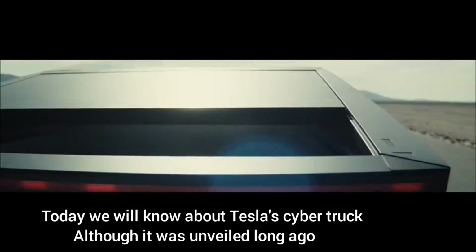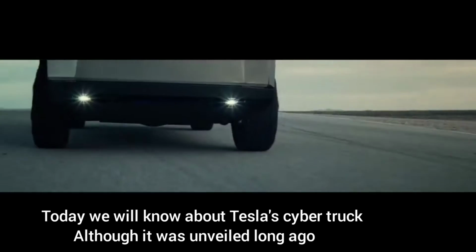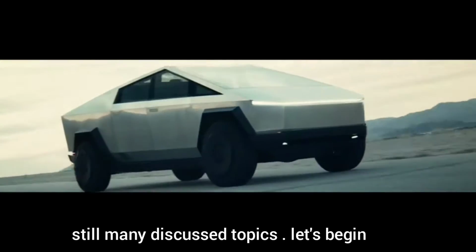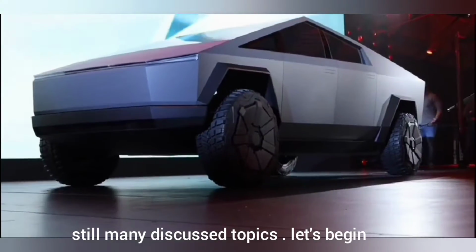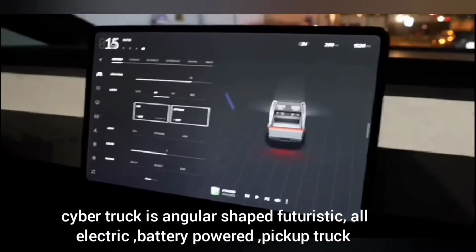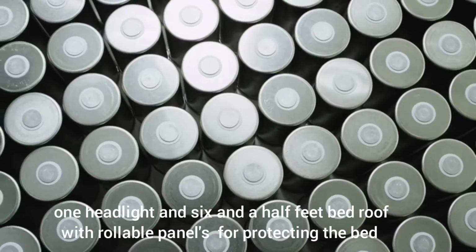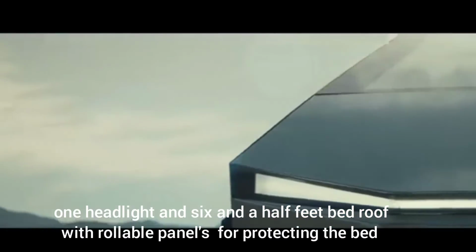Today we will know about Tesla's Cybertruck. Although it was unveiled long ago, it is still a much-discussed topic. Let's begin. Cybertruck is an angular-shaped, futuristic, all-electric battery-powered pickup truck with one headlight, a 6.5 feet bed, and a roof with rollable panels